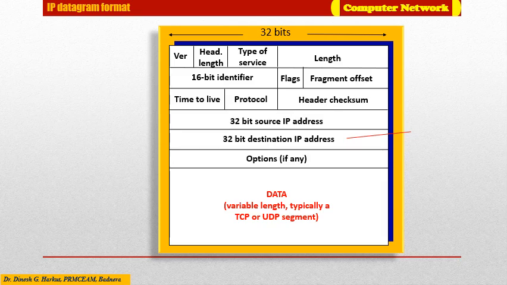Before diving directly into the internet protocol, we will first explore the syntax and the semantics of the network layer packet, which is referred to as the datagram. The datagram plays a central role in the internet. Hence, it is imperative to know the intrinsic details of each and every bit of the datagram. The IPv4 datagram format is depicted in the figure. The key fields in the IPv4 datagram basically consist of